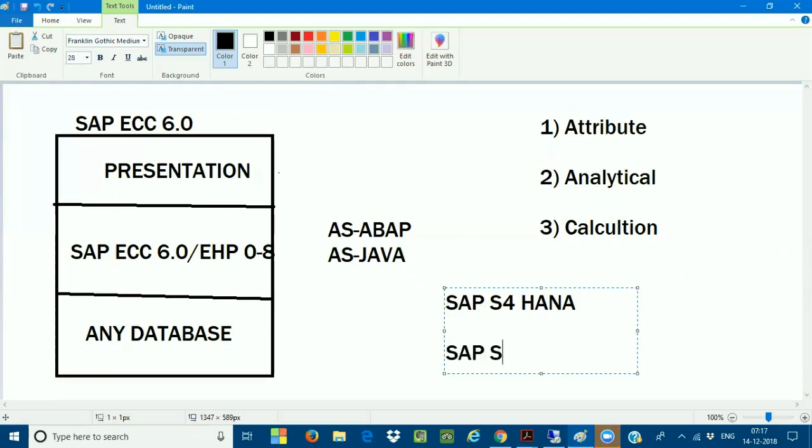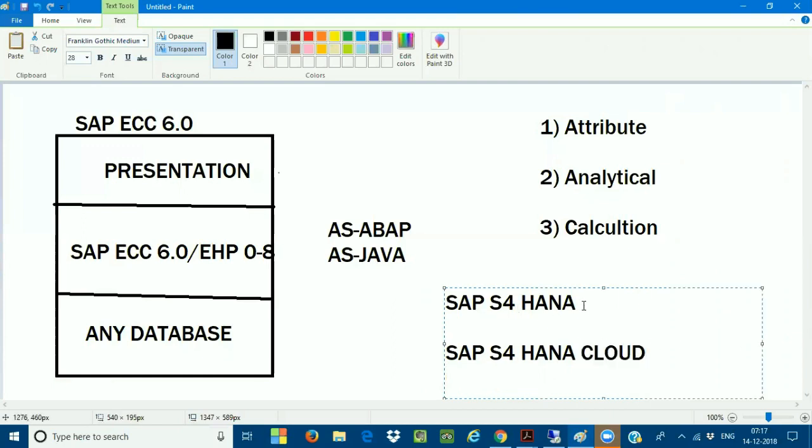If you see SAP S4 HANA cloud, it is a cloud, not on-premise. Very, very important. If SAP has not provided the word cloud, and has provided only the name SAP S4 HANA, it is on-premise. SAP completely differentiates between the on-premise and the cloud. If they give SAP S4 HANA cloud, this is the cloud.